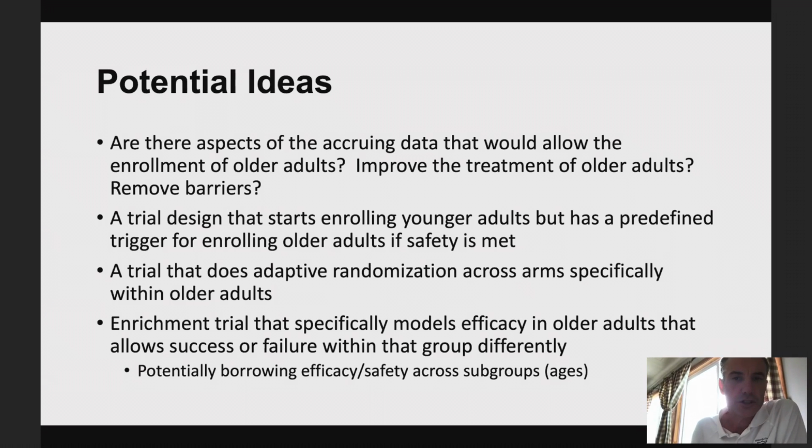So potentially, you could design trials where the accruing data alters whether you enroll older adults. You could start enrolling younger populations. If it's demonstrating safety, it opens up the older populations. And this could remove some of the barriers, because when the trial starts, you don't know if it's appropriate. You could have randomization probabilities across your therapies that are different for older adults, with comorbidities, than for